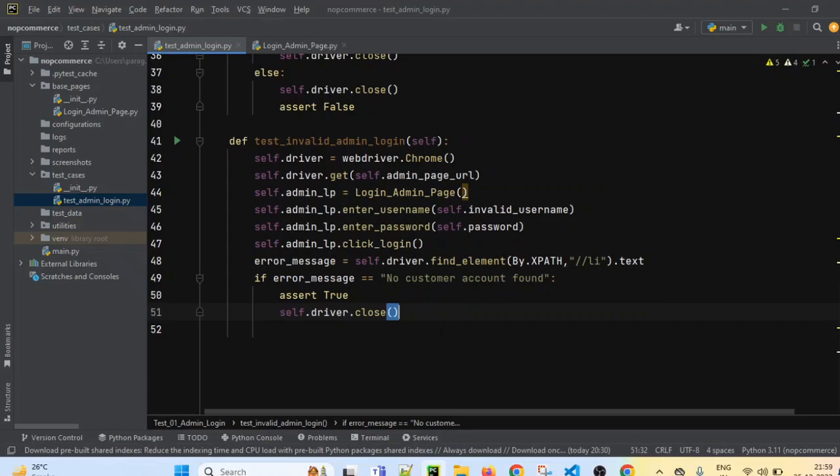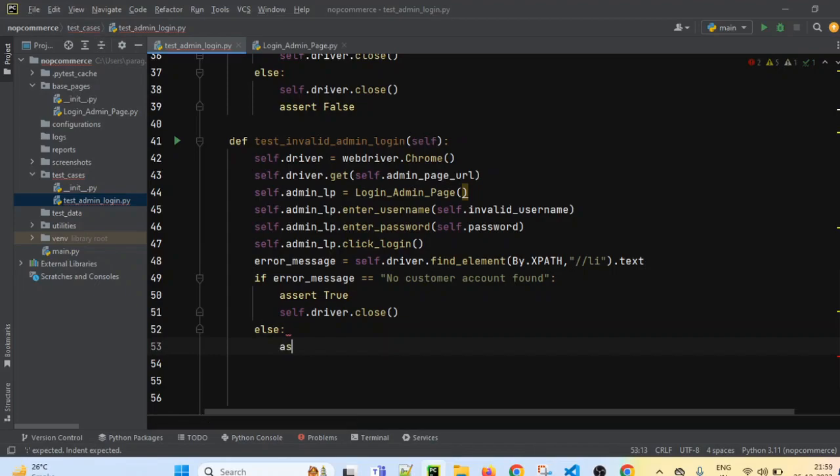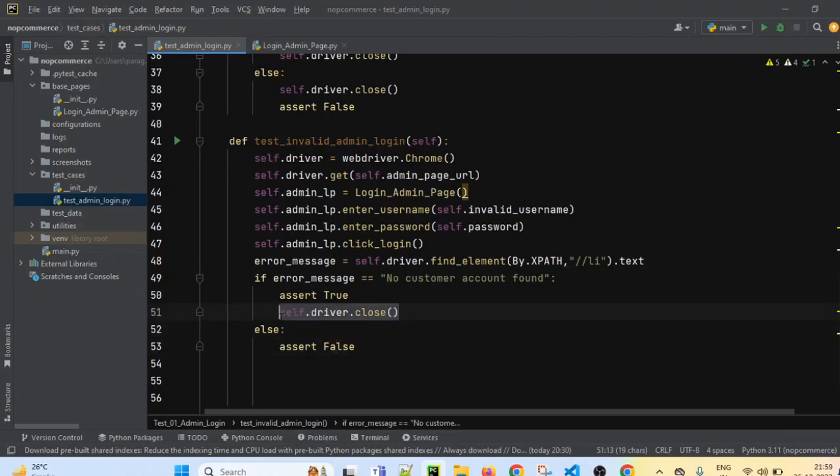This is the passing condition. We want to add a fail condition as well. So let's say else, assert false, and before that we are again closing the browser. So it will complete the test case for invalid admin login as well.